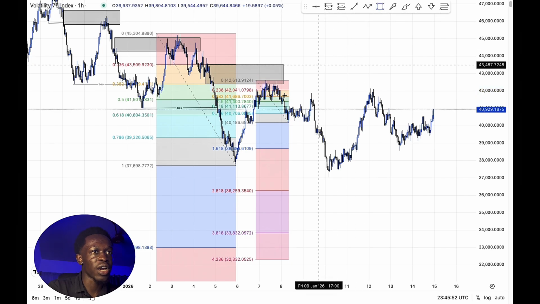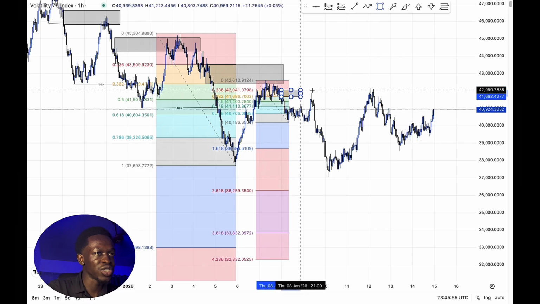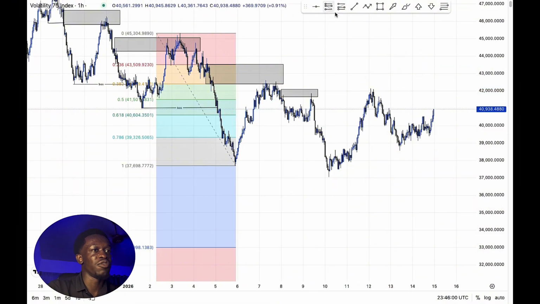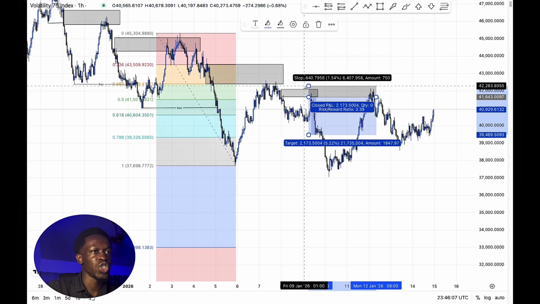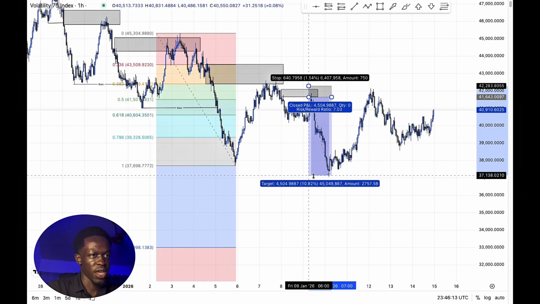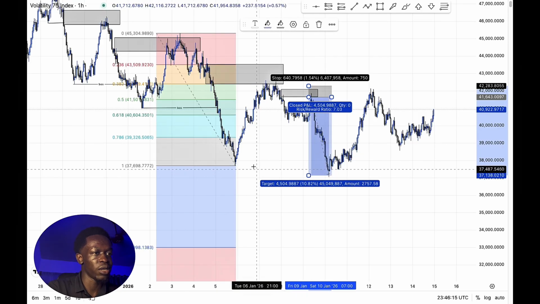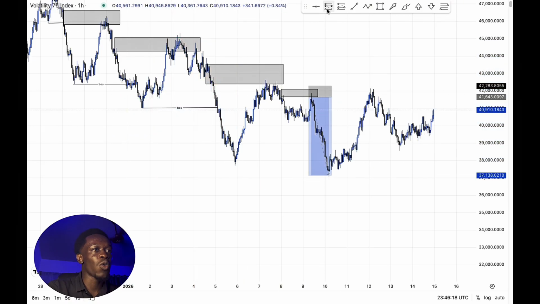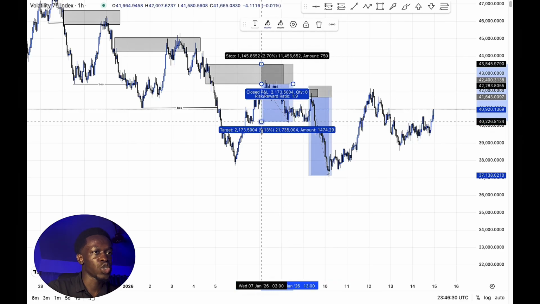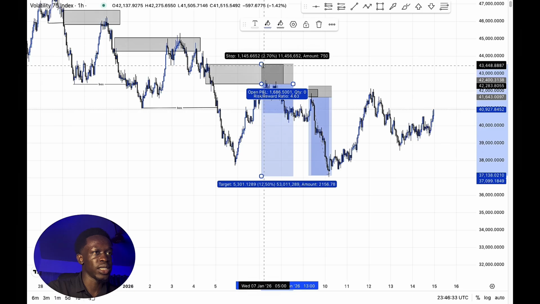Then my entry was around this level again. If you watch my entries, they're always clean and so sweet. So this was my entry level again. Then my short position, I took the sales, just completing this zone to break this previous low. So that was what happened when I took the sales. So I took these two entries around this level. Yes, so this was what completed the